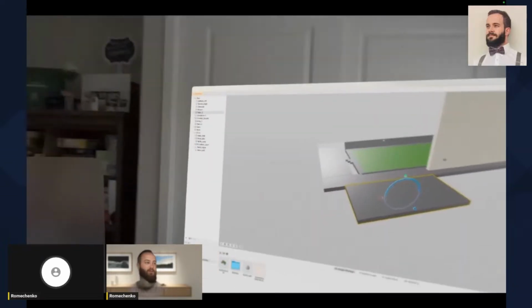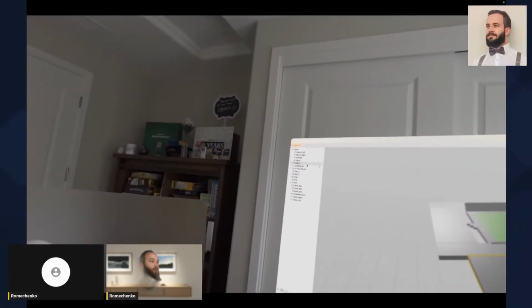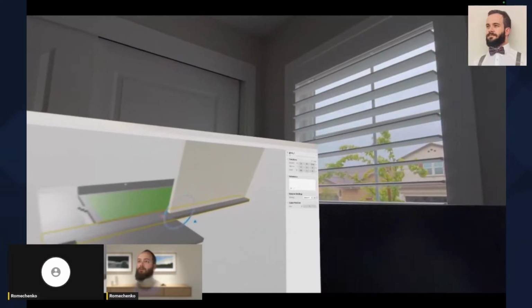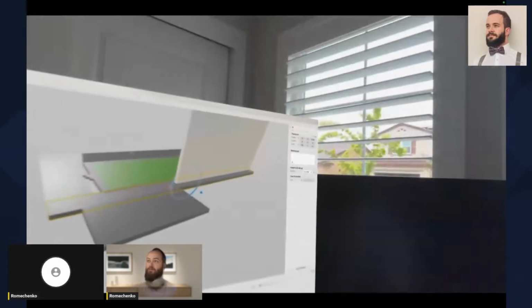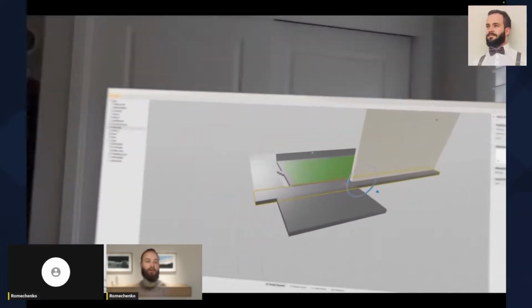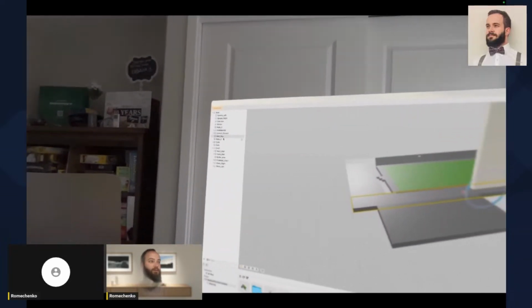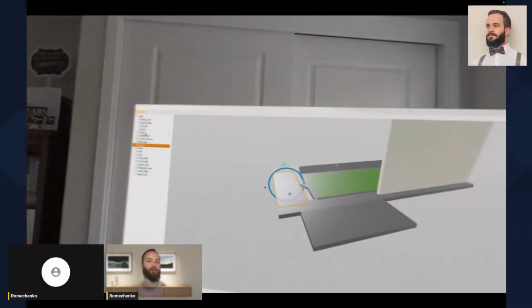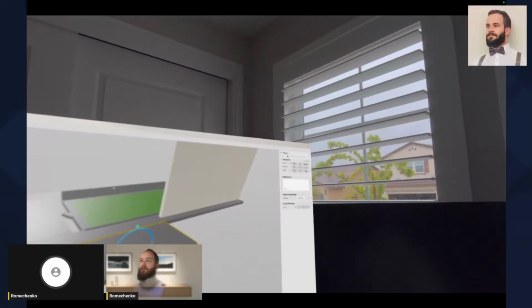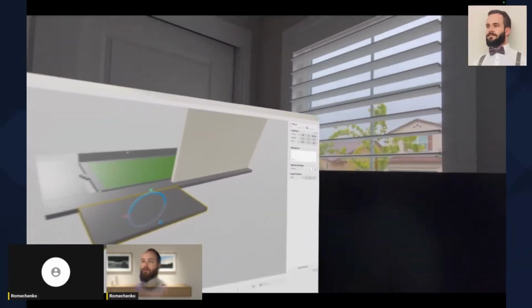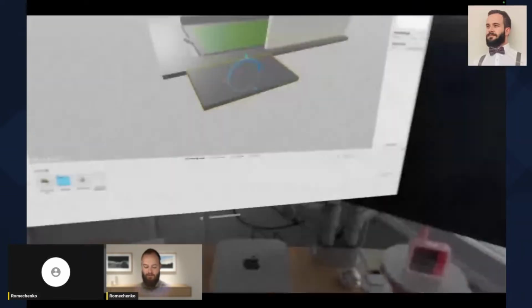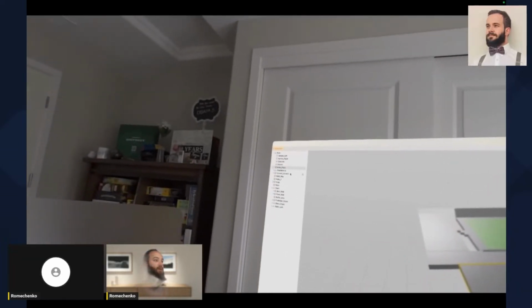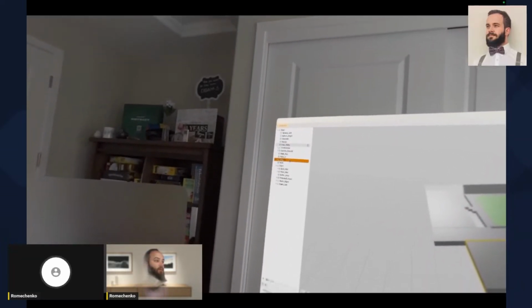Control C, Control V, and patio 1. This is actually the, let's call it walkway, and then patio 2. I'll leave it as patio 2 for now. Patio 3 is actually just a duplicate of patio. This is inner patio, and I'm going to group this under patio. I'm going to group it with patio